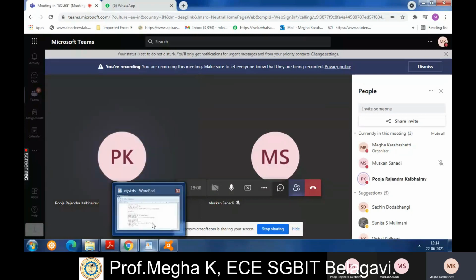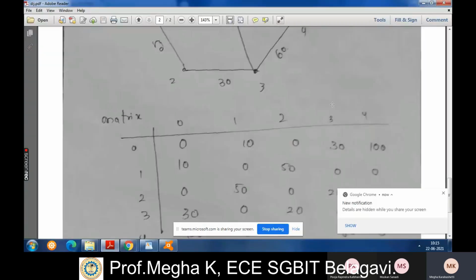I'll continue now. So totally 5 nodes are there. By these 5 nodes, what is the distance or the links between the nodes and how can they be calculated?